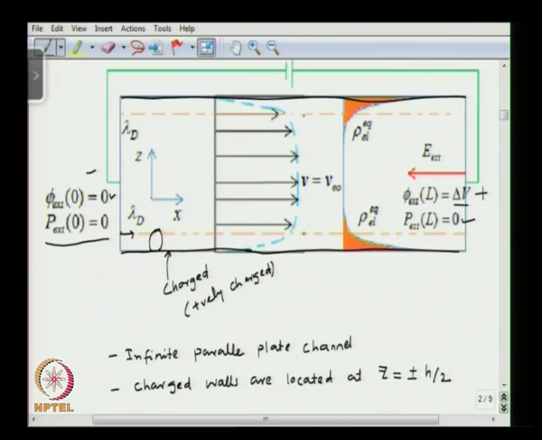So we say that the center is here at the middle between the two plates. So at plus minus h by 2 we have the charged walls, okay,